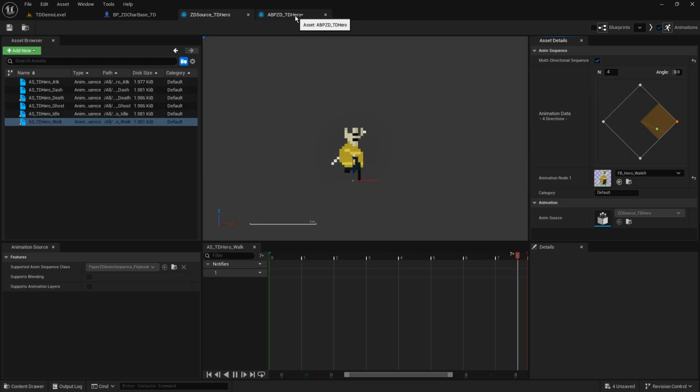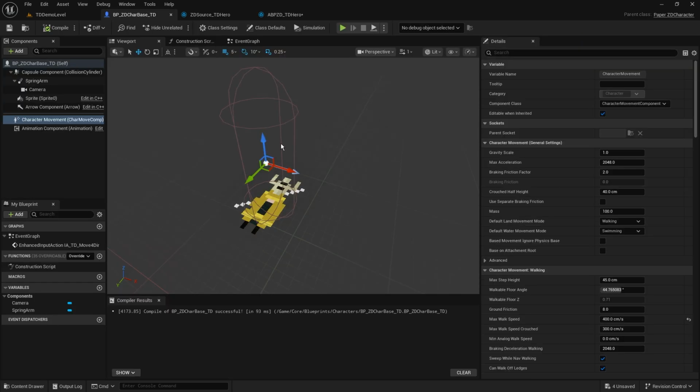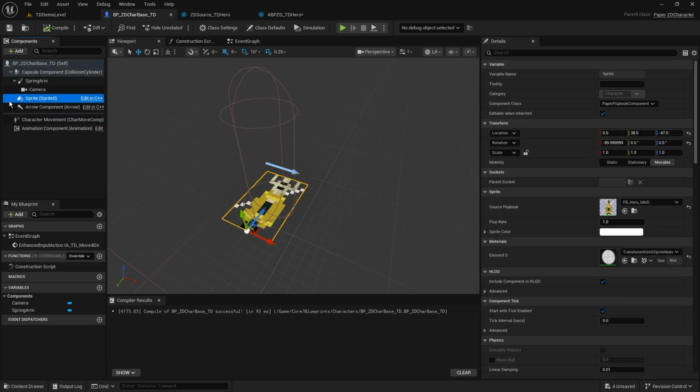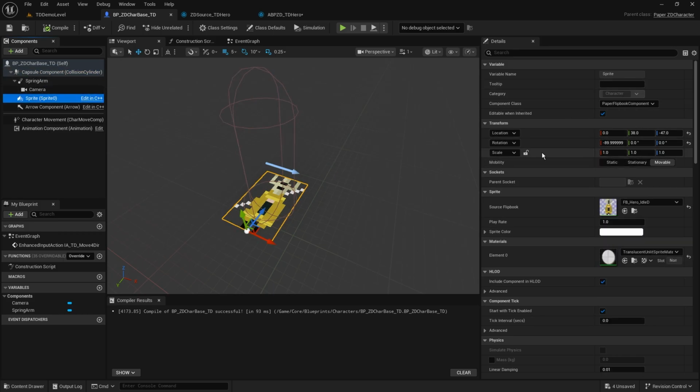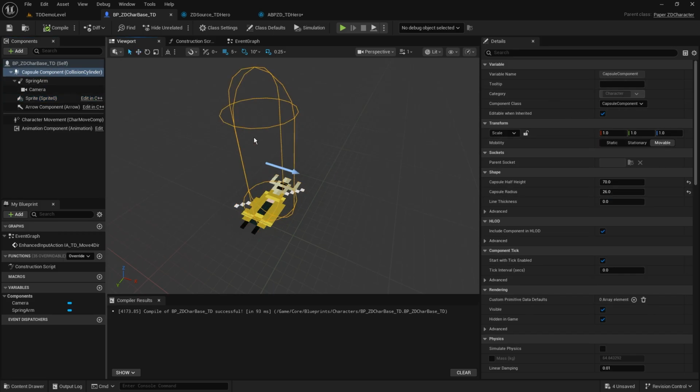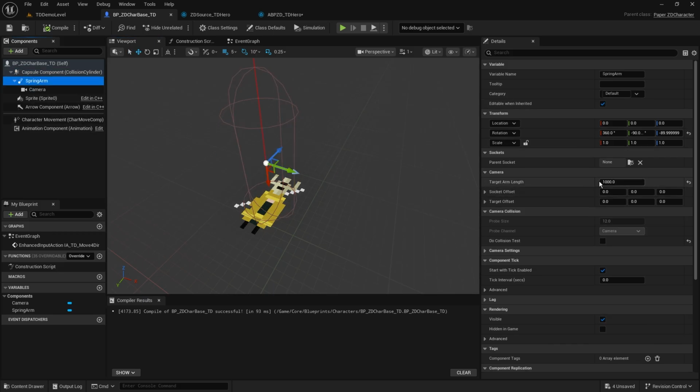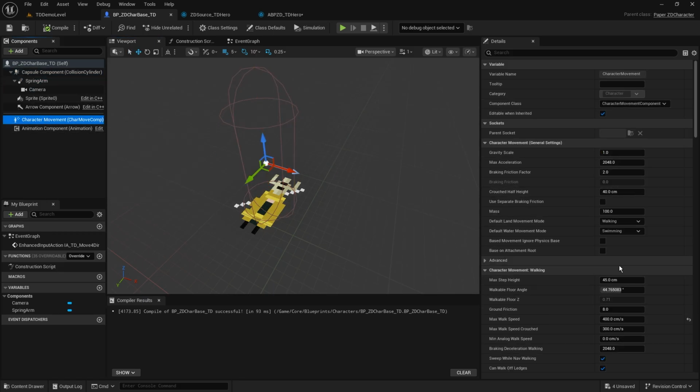Now I've already filled in a couple of the gaps to get us to this point, because obviously I'm jumping around with different examples. What you can see here is that my top-down character, I've changed it from the warrior to the hero just for this example. That means that I've just basically changed the sprite for the demoing here. I've updated my sprite's scale a little bit so that it's matching up with the capsule. I've changed the spring arm just so it's a little bit more zoomed out, and I've also just slowed down